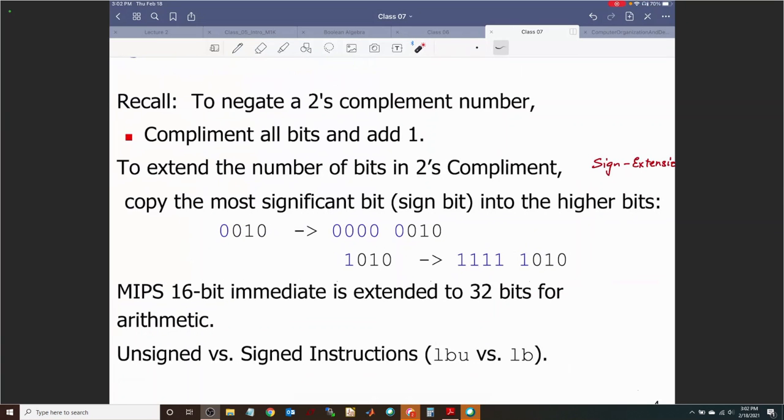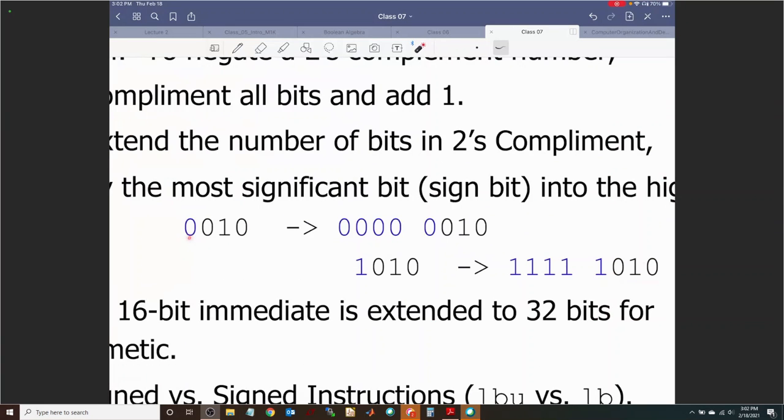If you want to extend the sign, this is the number, and if you put one more zero up front, you have extended the number of bits from 4 to 5. So you have added one more bit, but you did not change the value of the number. It is still